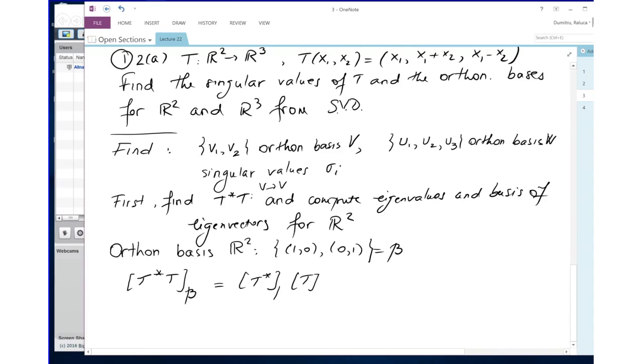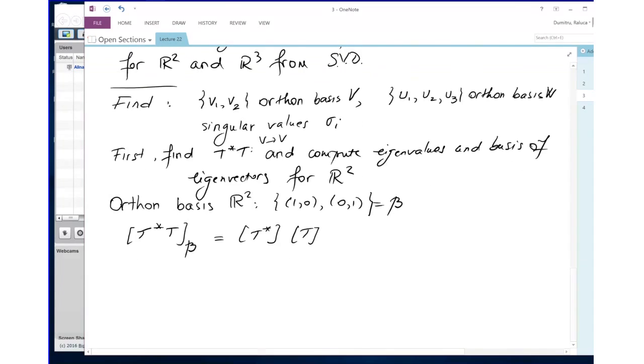T was going from V, which is R2, into R3, right? Beta is just an orthonormal basis for R2. T star is going back to R2, where you have this basis beta. But to talk about a matrix, I'm trying to split it now because I know that the matrix of the composition is the product of the matrices. But there is no matrix of T star in the basis beta because T star is not going from R2